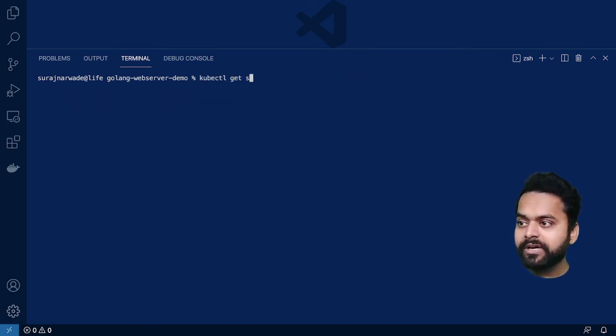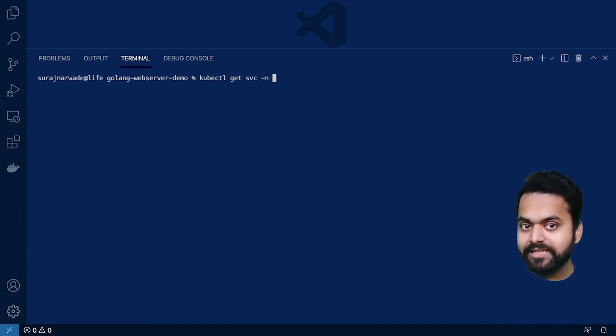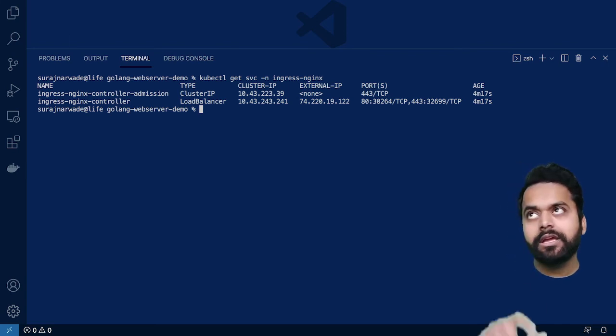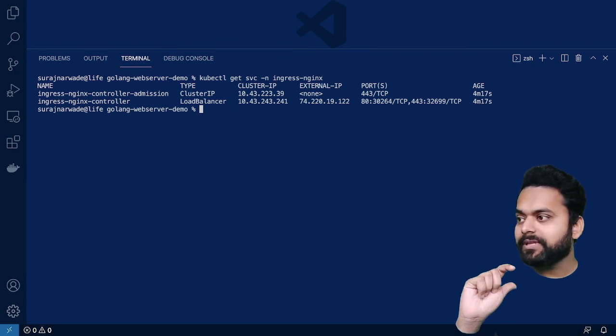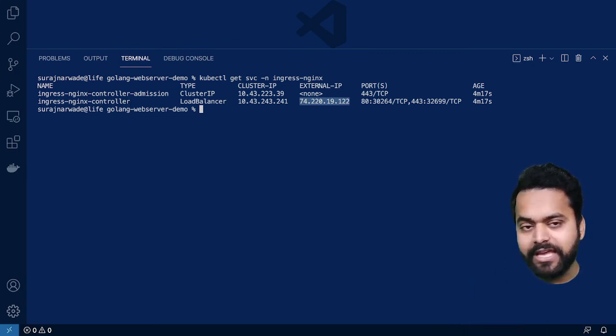Now one more interesting thing, we didn't see any load balancer in the UI, but when you spin up the ingress with the load balancer service, it automatically creates the load balancer for us. As you can see, usually we expose the ingress controller service with the load balancer, which is here, and it has this IP as well.